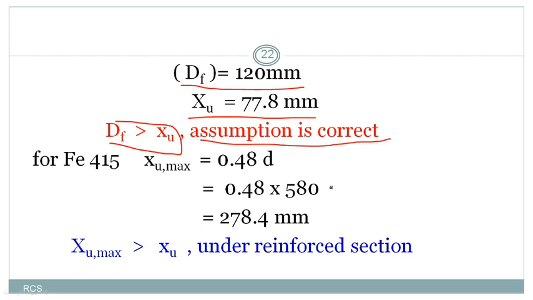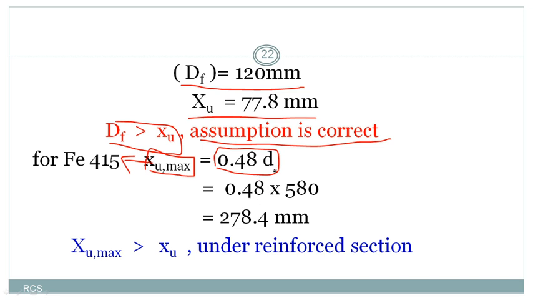Now we have to decide what type of section it is, whether it is an under-reinforced section or an over-reinforced section. That depends upon the xu max value. There is a limiting depth of neutral axis. It depends upon the grade of steel. For grade of steel Fe415, the xu max can be calculated by using this formula, that is